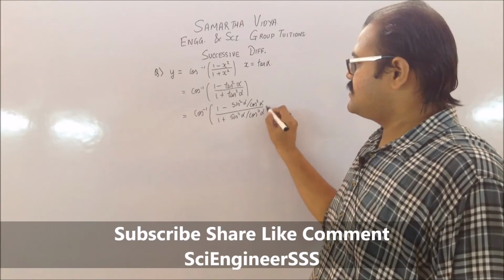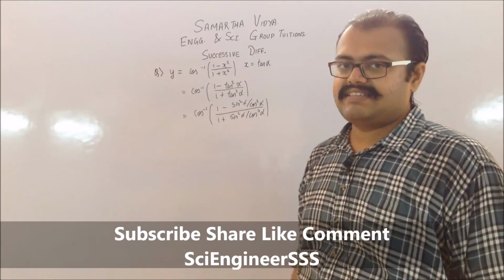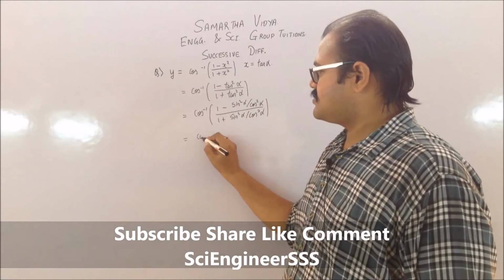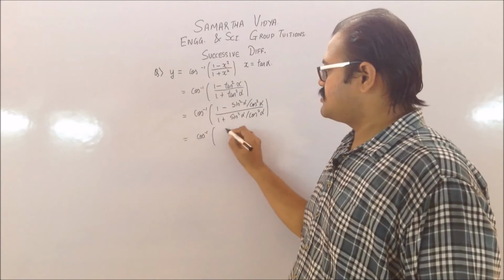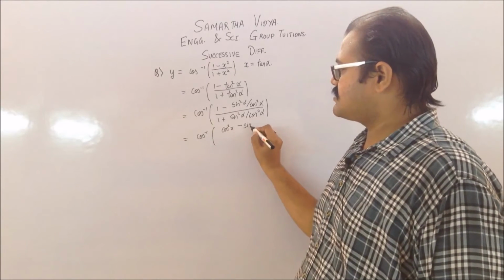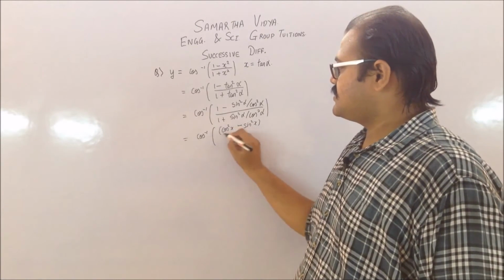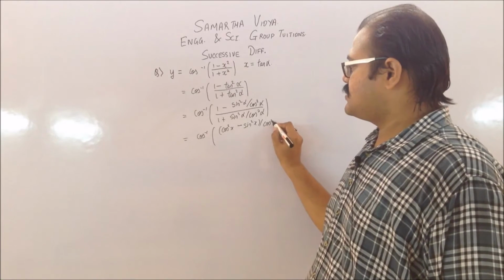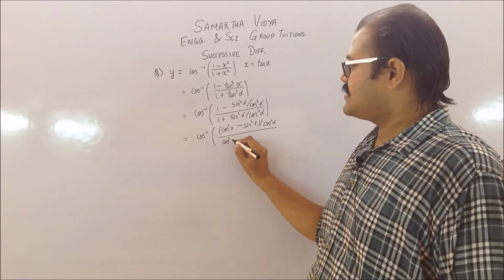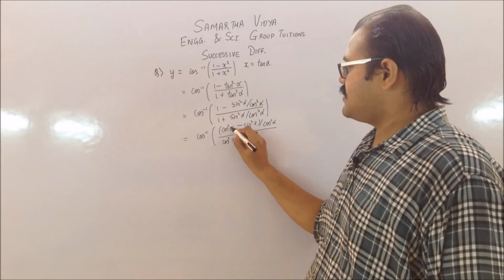So what you have done is you have just written your tan as sine by cos. Then taking the LCM, it's going to be cos inverse of cos square alpha minus sine square alpha, divided by cos square alpha, sorry, it's cos square alpha